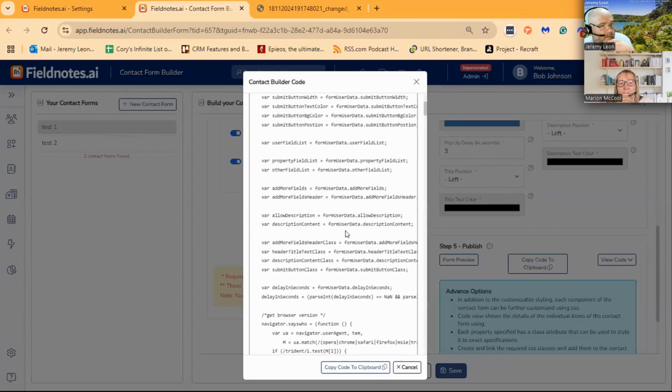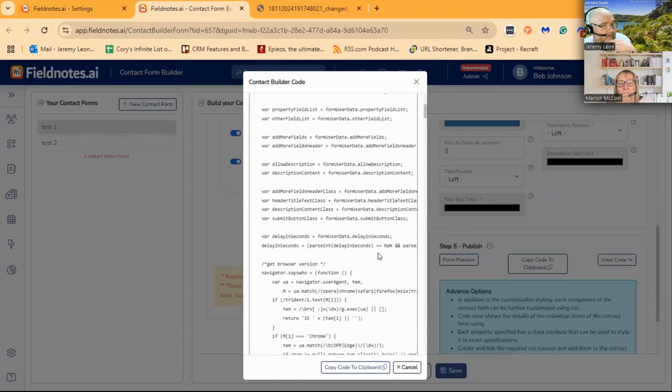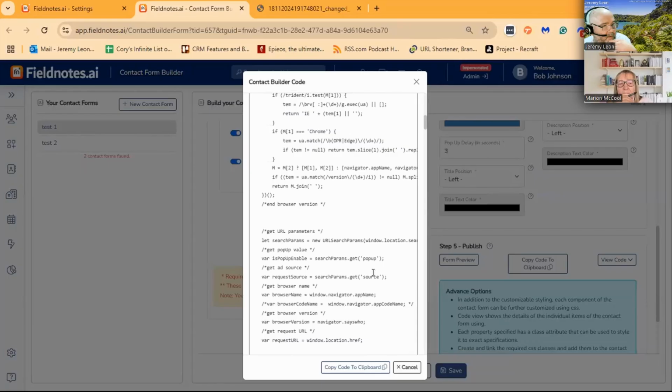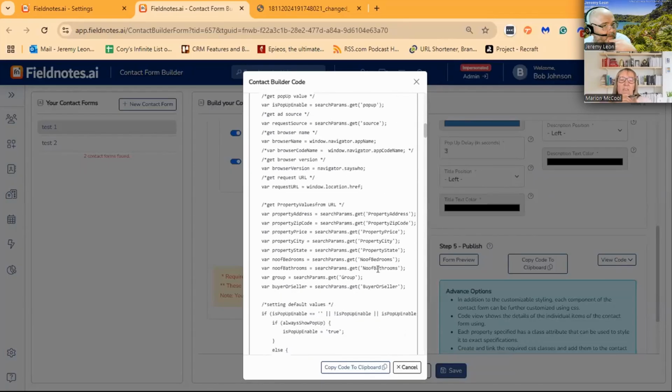So within this is user form data. You'll start to see the parameters like pop-up source. I think you're going to find, Jeremy, that most of us are not... Oh, no, but see, so what I can do is, because I did this once, I played around with this once, just me, 3 in the morning kind of thing.